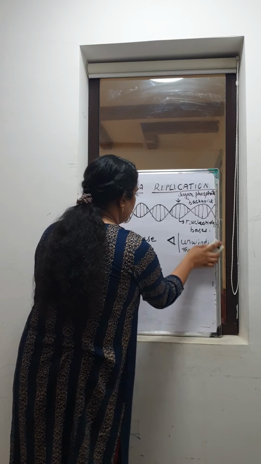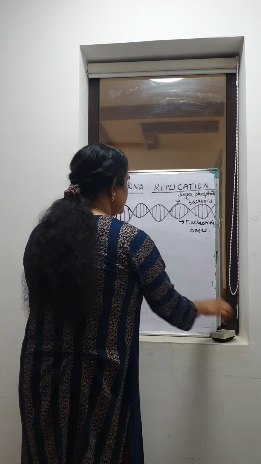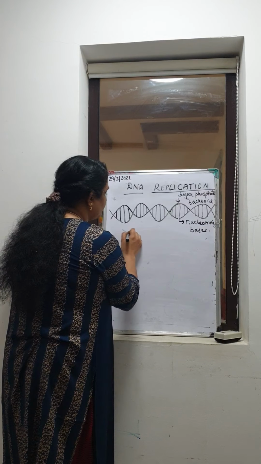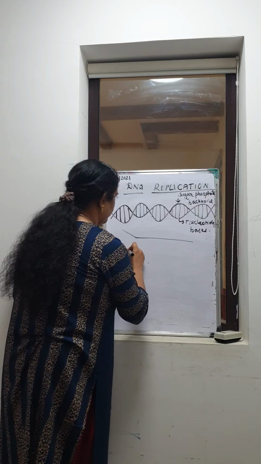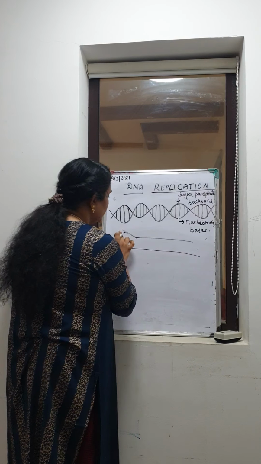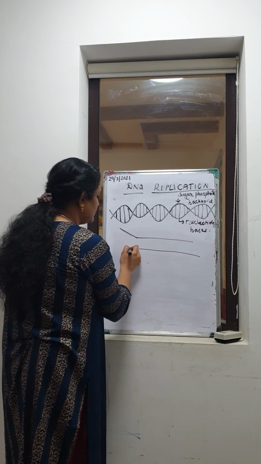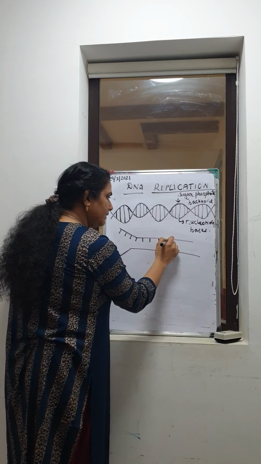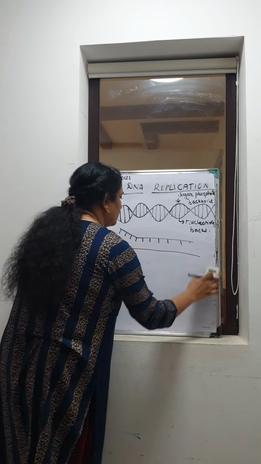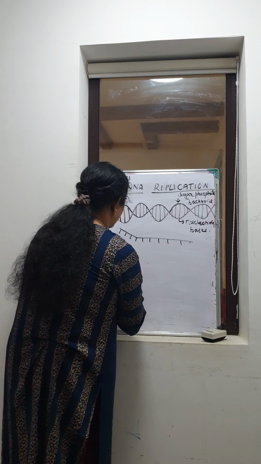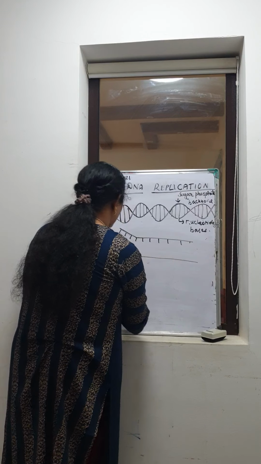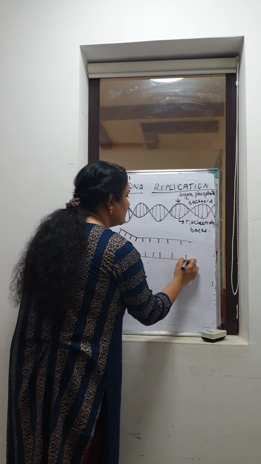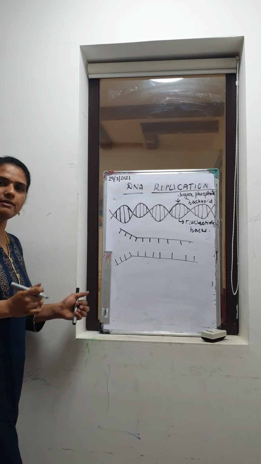So the first thing is that helicase is going to unwind the DNA. I'm going to take a part of the DNA. Here the DNA got unwound. These nucleotides will be there like this. We'll give some space over here. So this looks like a fork, so we call this picture the replication fork.